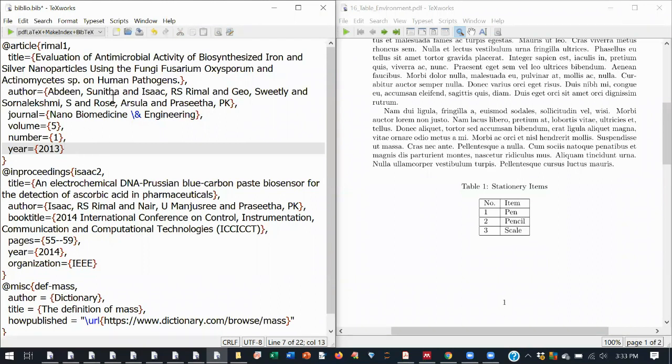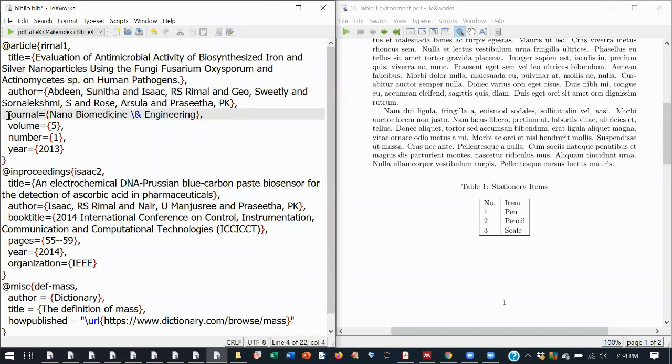As you do in LaTeX, the ampersand symbol you cannot type directly, because it is used to separate columns in a table. So you have to put a slash and then the ampersand. So you will put the title. Then you can have the author names. Author names are separated by and. If you have two names, you can separate the two names with a comma, and you will put and, then another name, and then another name.